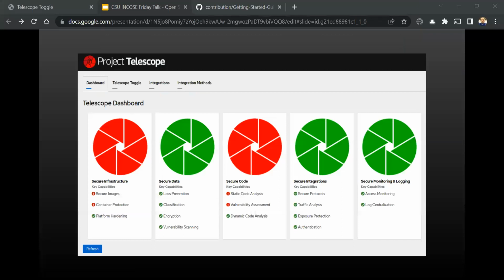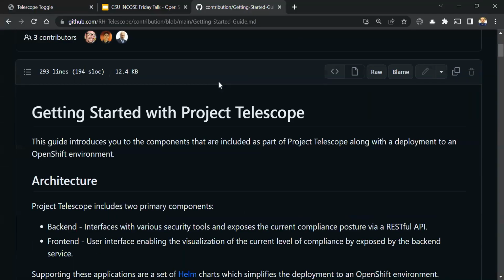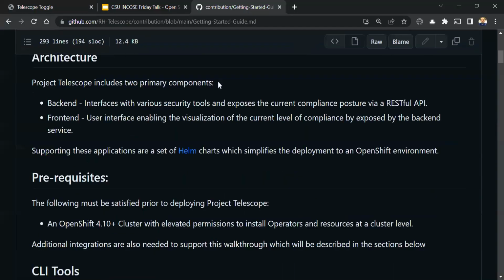We have several different components that we have in play. We have a front end and a back end, typical distributed architecture. Our back end is based on Quarkus. So if you're familiar with Spring Boot, it's a lightweight Java application framework, and that allows us to have really fast startup. The back end is a Quarkus-based application, not front end. My apologies. Our front end is a Node.js React-based application to be able to provide more dynamic capabilities, because we see this project expanding out, and we need a way to have these different components be able to be visualized